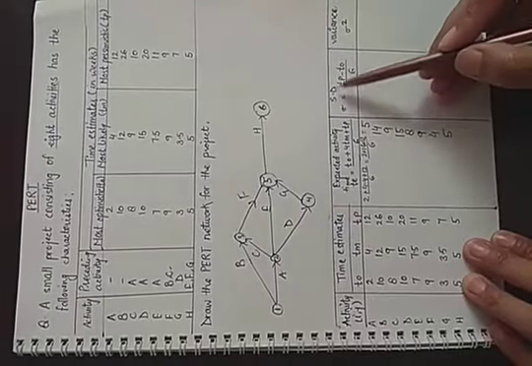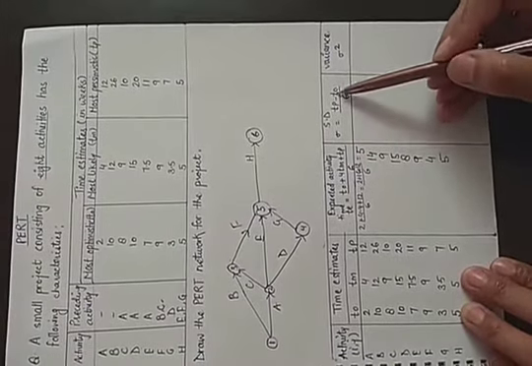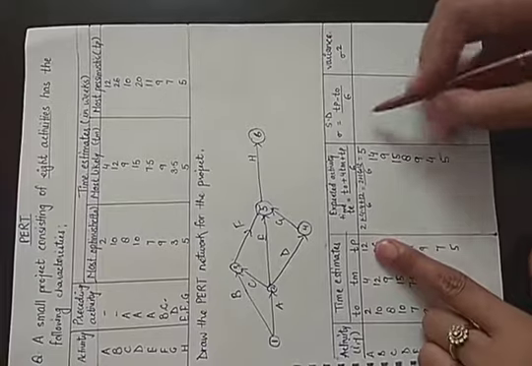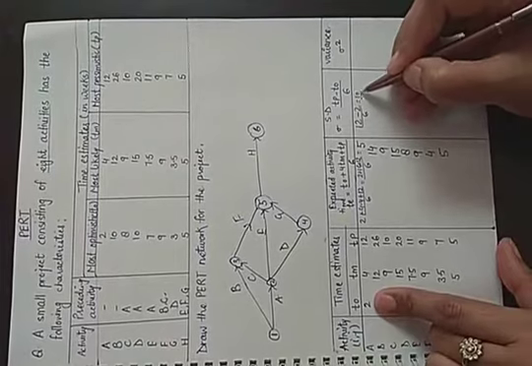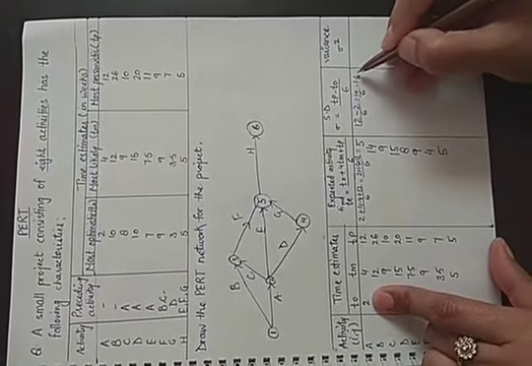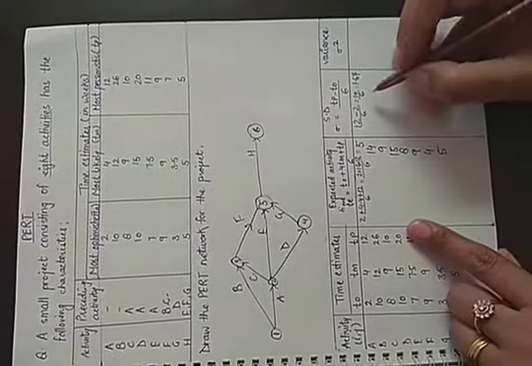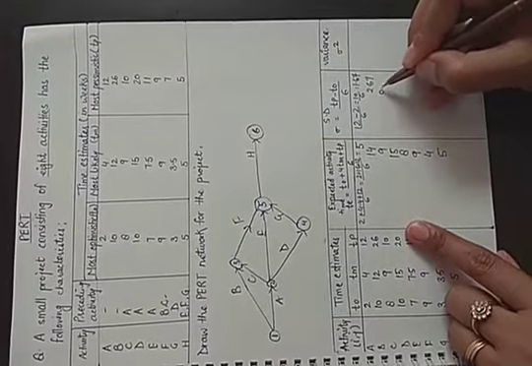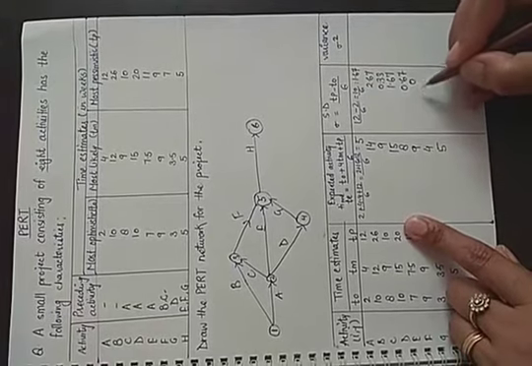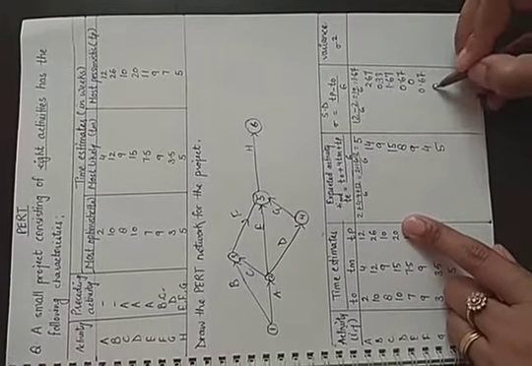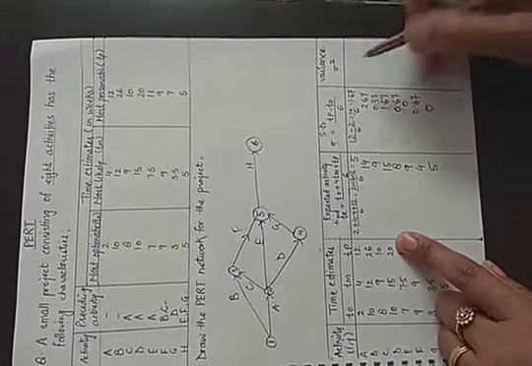Next, if we have to find the standard deviation, then we will calculate it by the formula sigma is equal to TP minus TO upon 6. That is TP is given 12, optimistic time is 2, divided by 6, that is 10 upon 6. If you divide, it will be 1.67. Similarly, you will follow for all the activities' standard deviations. It will be 2.67, 0.33, 1.67, 0.67, 0, 0.67 and 0.